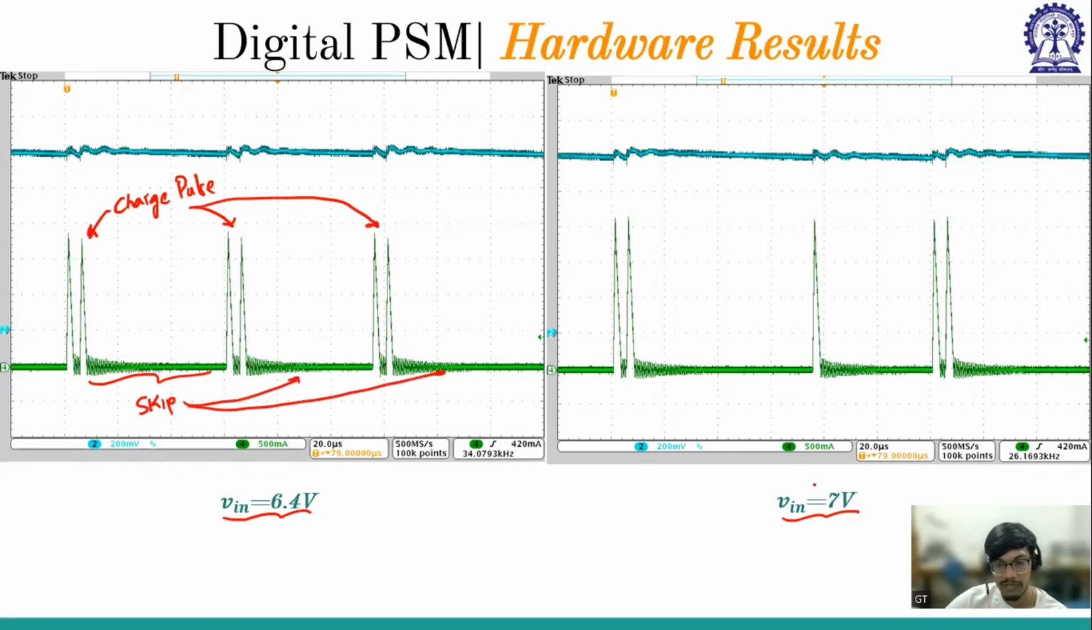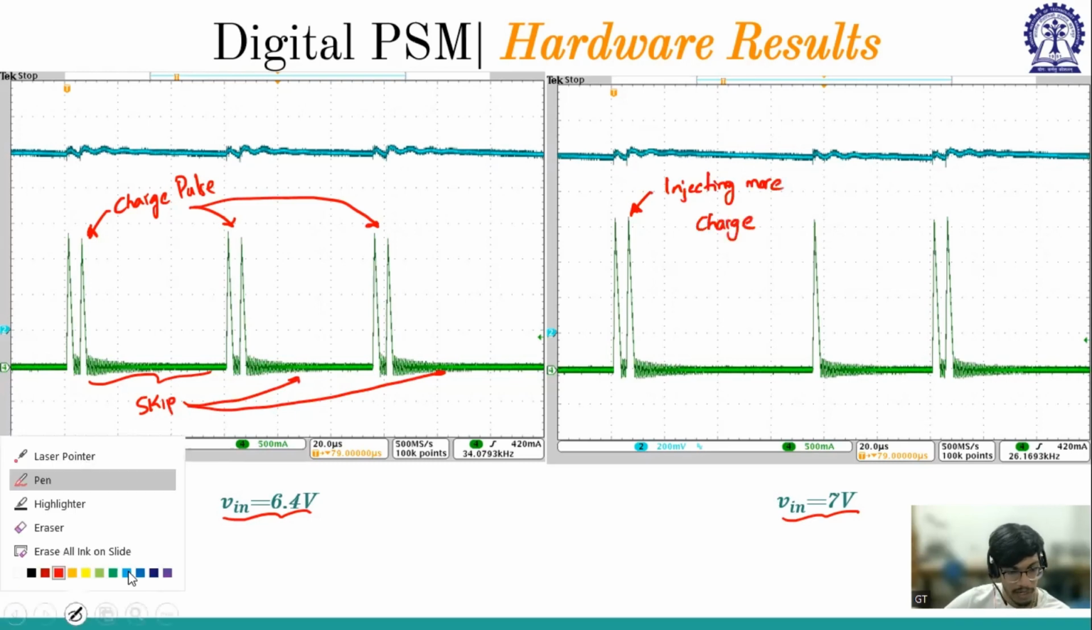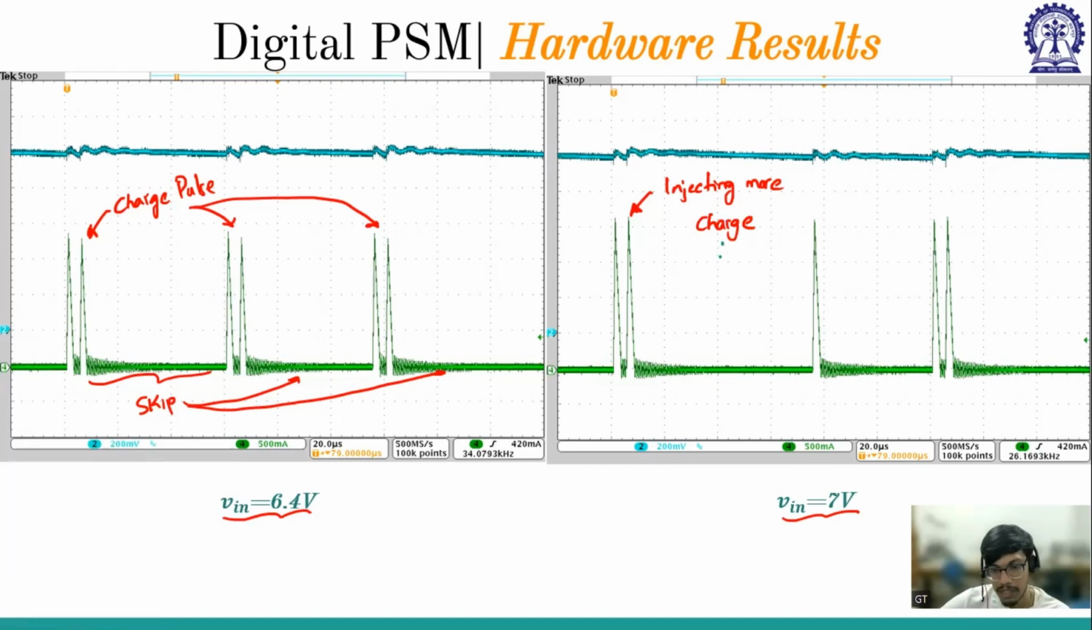So if I increase V in, then my ripple will increase, right? So if ripple increases, we are injecting more charge. If we are injecting more charge, that means we have to wait until the charge is dissipated, which means our skip pulses will increase. So compared to here and here, we can see the skip pulses has increased, and it is also